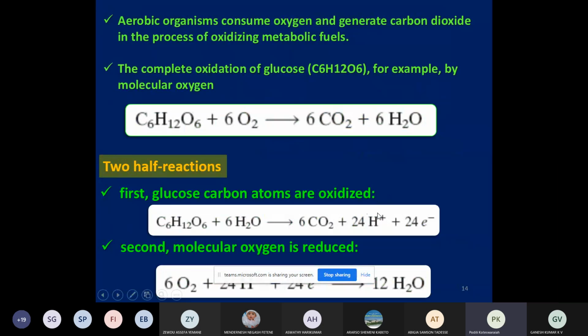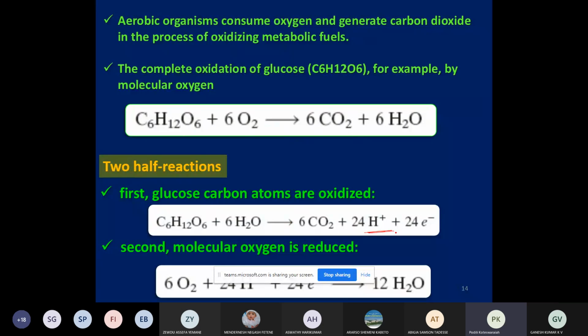We have already seen that all aerobic organisms consume oxygen and generate carbon dioxide, and during this process glucose undergoes oxidation, giving carbon dioxide and water. This reaction has two half reactions. First, the carbon atoms of the glucose are oxidized,